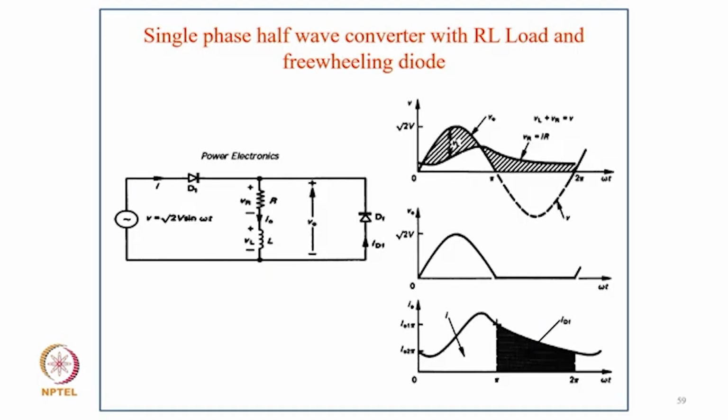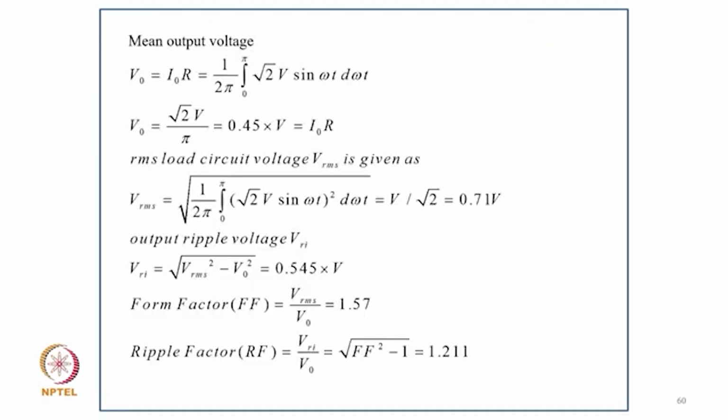Now coming to the mean output voltage, V0 equals I0 R equals 1 upon 2 pi integral from 0 to pi of root 2 V sin omega t d omega t, and V0 equals root 2 V upon pi, equal to 0.45 V, equal to I0 R. The RMS load circuit voltage VRMS is given by square root of 1 upon 2 pi integral from 0 to pi of (root 2 V sin omega t) square d omega t, equal to V upon root 2,